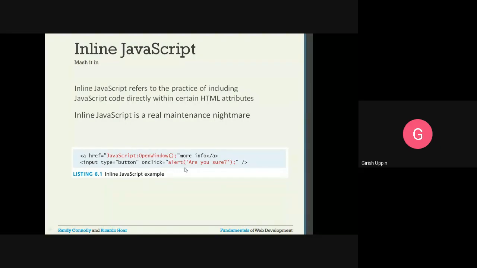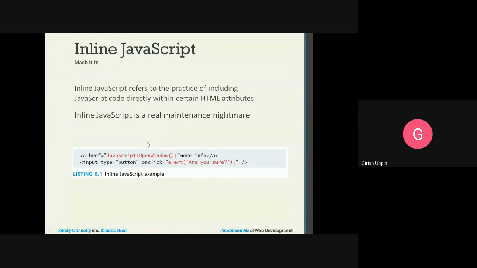For this example, we have this script here, and we call the alert function, "are you sure?" It will pop up a window with the content "are you sure". So this is a very simple inline JavaScript code.